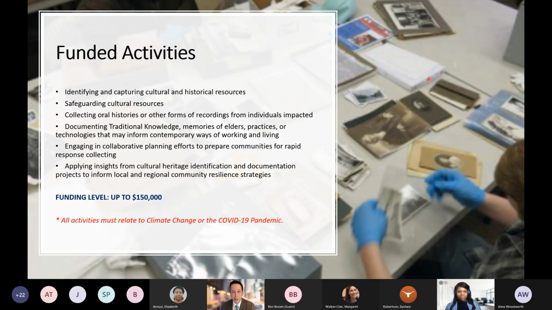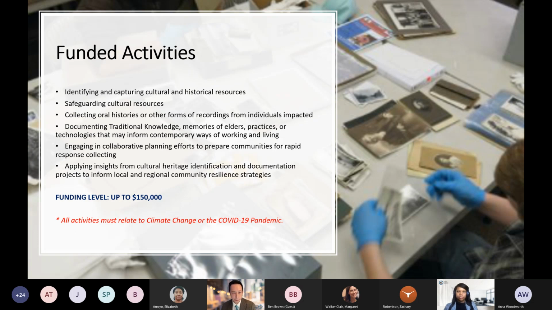The Cultural and Community Resilience, or CCR program, is administered by NEH's Division of Preservation and Access, one of 7 divisions in the offices of the NEH. CCR supports the documenting, collecting, and safeguarding of traditional knowledge, oral histories, archival materials, and other types of cultural heritage. CCR seeks to mitigate the loss of tangible or intangible cultural heritage resources in disadvantaged communities due to climate change or the COVID-19 pandemic, to sustain community in the aftermath of extreme weather events, and to otherwise advance cultural and